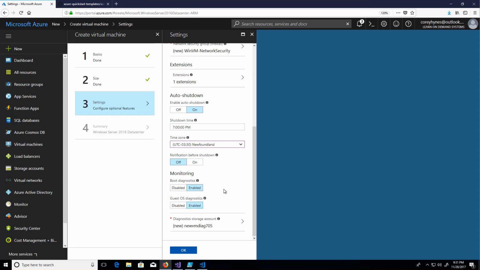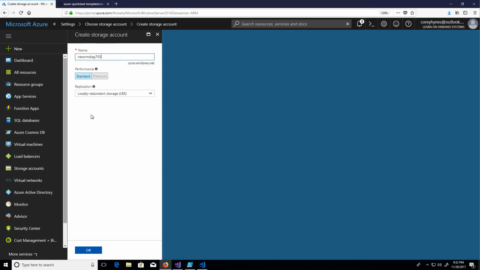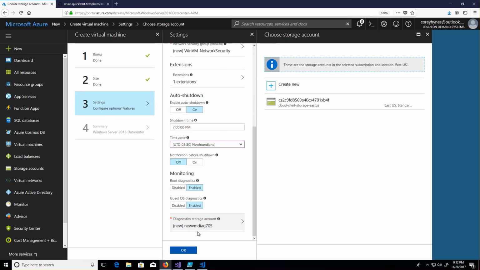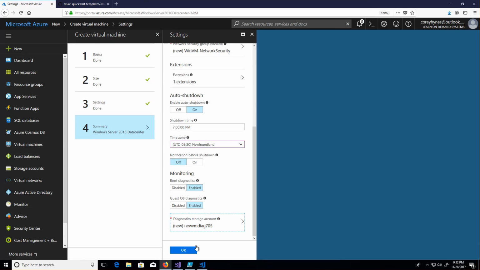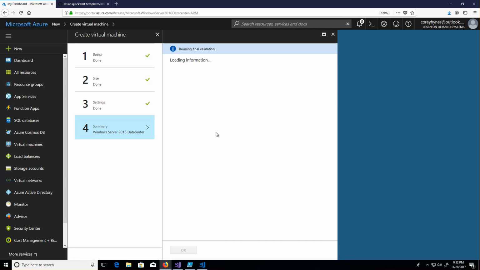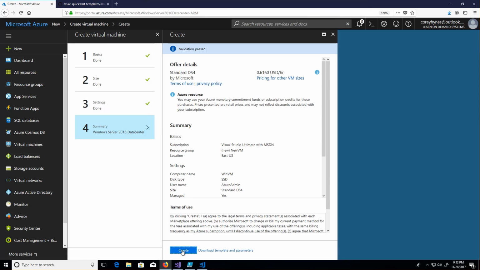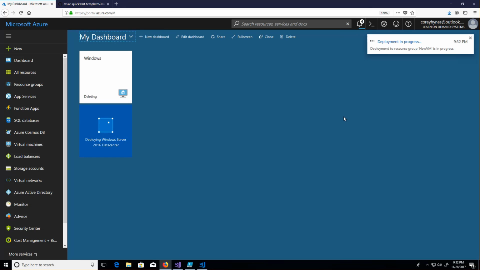Monitoring for boot diagnostics and guest OS diagnostics. If you're having trouble, if the VM is not booting, if it's having an issue, it will record things like screenshots, error logs, etc., just to give you access to that diagnostic information. And then that goes on its own dedicated storage account, which you can name anything you want, and you can configure any way you want. The default is typically fine for that. So we'll click OK, complete the deployment. Let Azure finish the validation and go ahead and click Create. That will now submit that VM, get it deployed for me, and we're basically done.